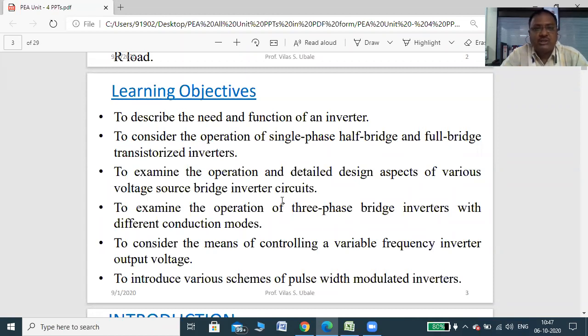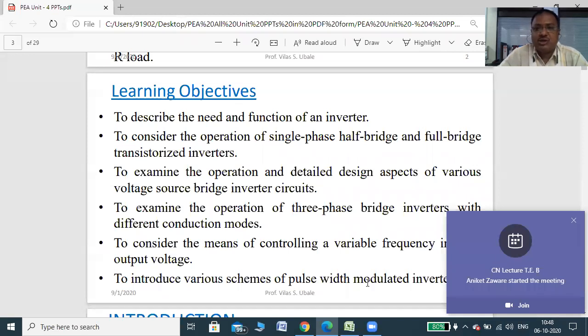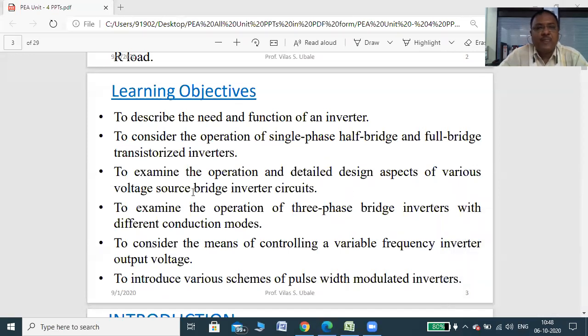So to get a pure sine wave, we use a filter circuit or some wave shaping circuit, so that the output of the inverter, definitely not 100% sine wave, is very close to a sine wave. And such types of inverters are used in industry. Now, inverters are used in industry not for backup supply and so on. The inverters are used in industry for conversion of fixed frequency, that is the line frequency, into variable frequency.